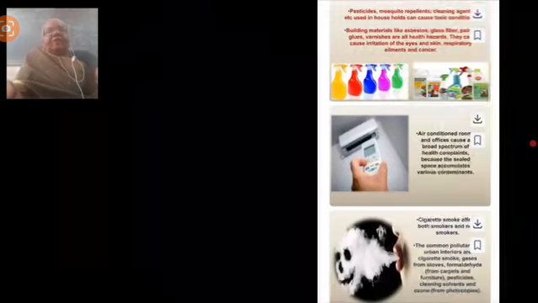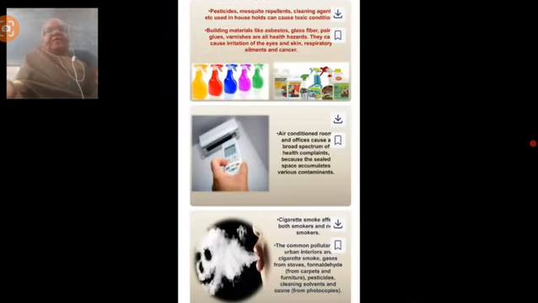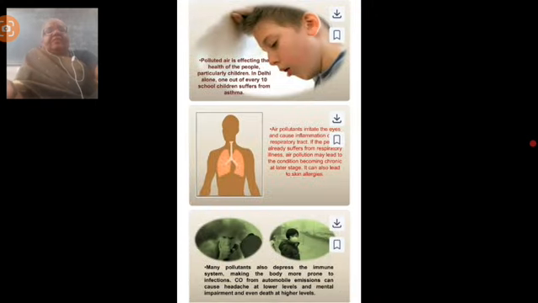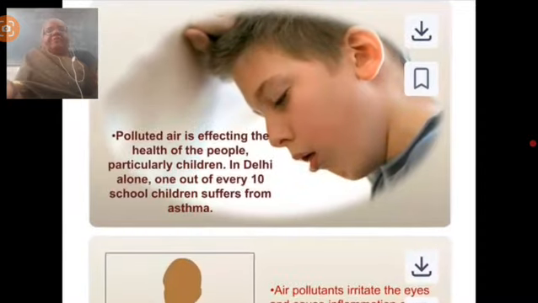So, after having studied the cigarette smoking effect and all, we shall study the effect of air pollution on health. You know, this polluted air is affecting the health of the people, particularly children and the aged ones. In Delhi alone, 1 out of every 10 school-going children suffer from asthma, and chronic asthma leads to bronchitis and